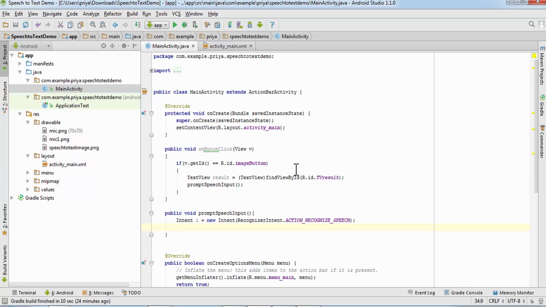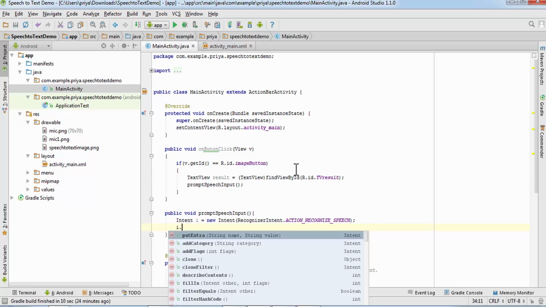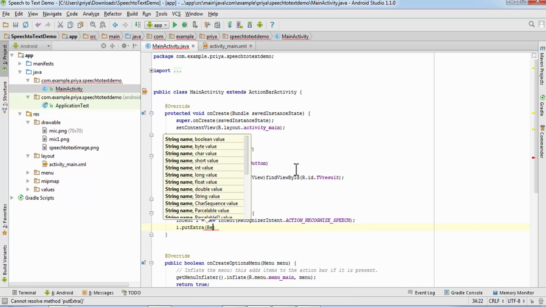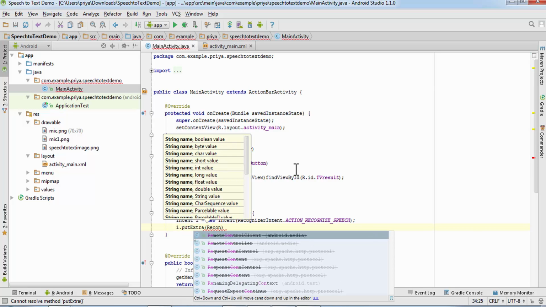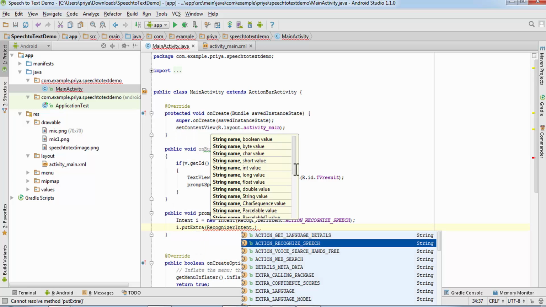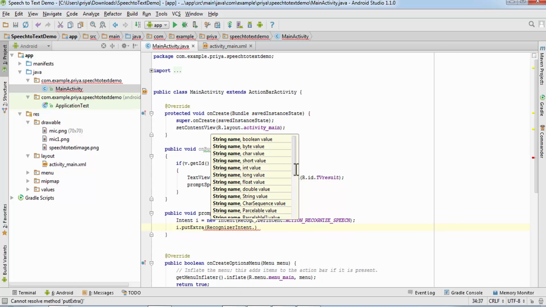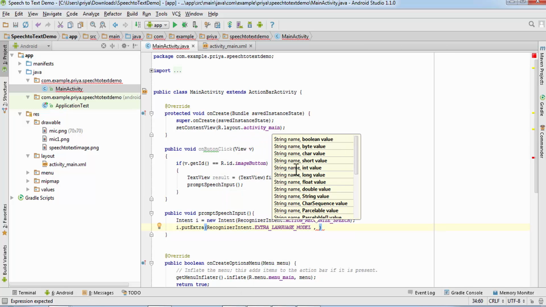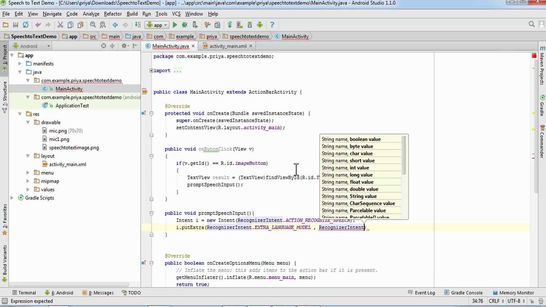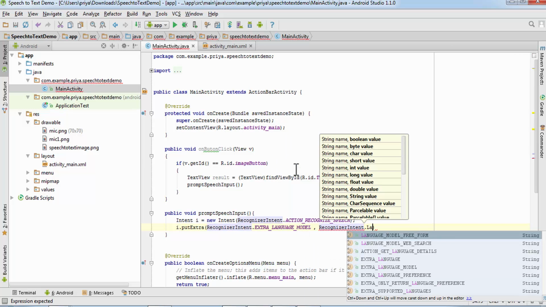Then I'm going to put some extra values. So for that, write i.putExtra, string name and string value. So the string name is RecognizerIntent.EXTRA_LANGUAGE_MODEL, comma, the value will be RecognizerIntent.LANGUAGE_MODEL_FREE_FORM.